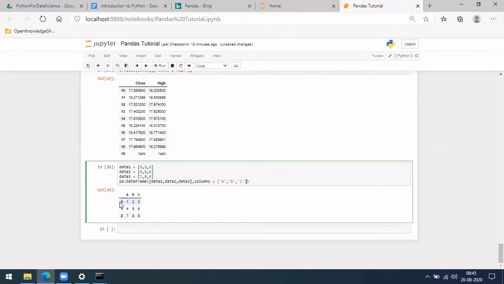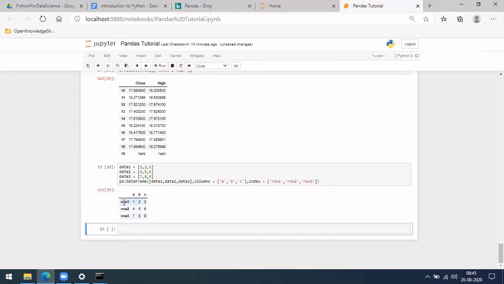Similarly, in case you don't want to identify rows as 0 1 2 3, you can give your own name per index by giving whatever you want. Let me give row 0, row 1, row 2, row 3. See, that part has changed to whatever index we have given here.